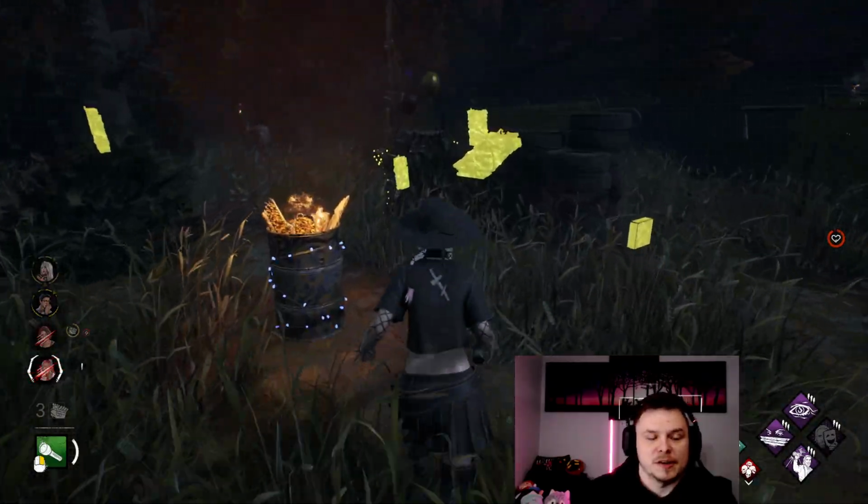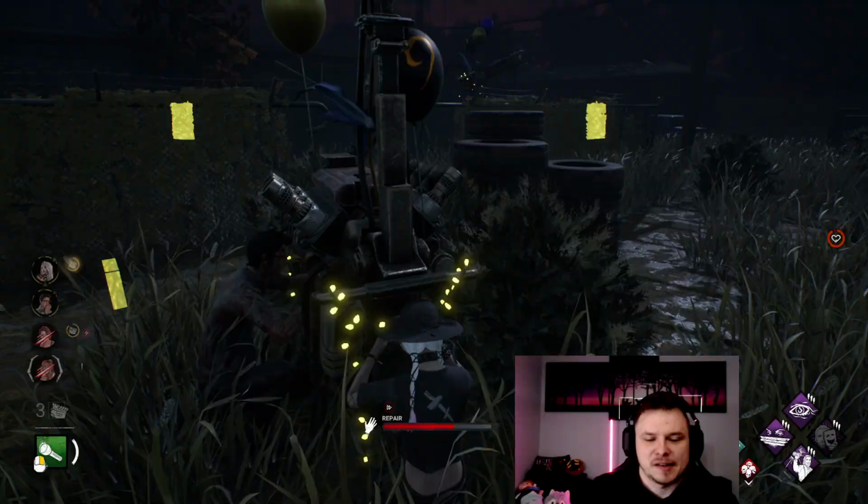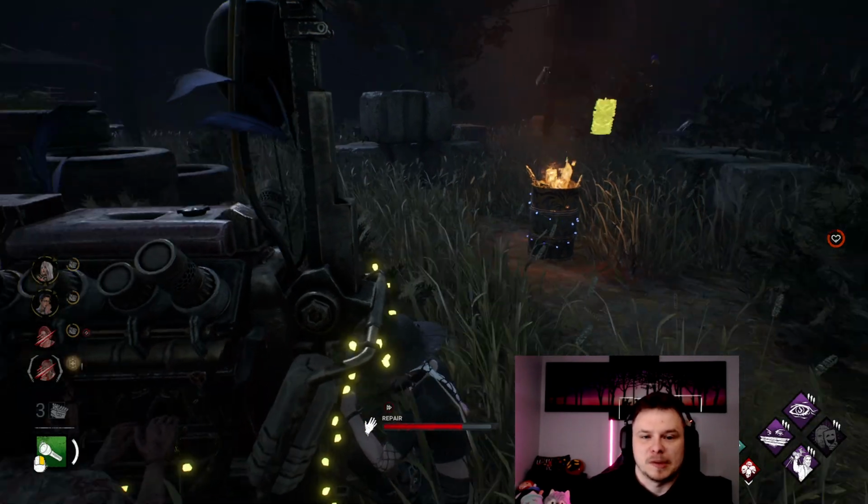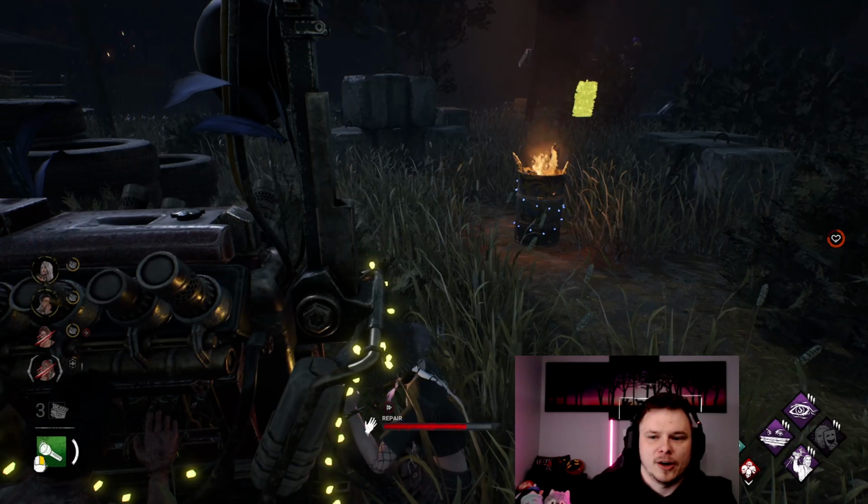Dwight breaking the drones here too. We got another gen done. This gen's getting pumped too. If we get both of these gens done. If she hooks her back in the basement, we know she wants to camp. We know she wants to proxy it. I don't like the fact that I...